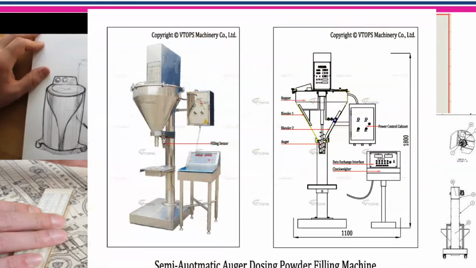So here I have one more simple example. In the first picture you see the real object. In the second picture you see the drawing. It is actually the reverse way: first the drawing would have been made. Looking at the drawing you'll get a rough idea how the equipment is going to look, and once the equipment is completely done, you can see how it actually looks in reality.